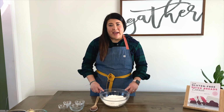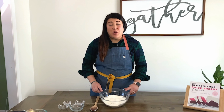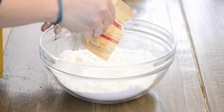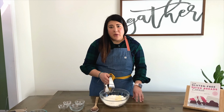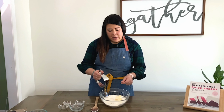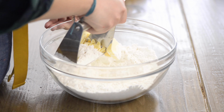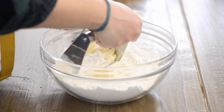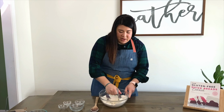To this, we're going to add 1/4 cup or 4 tablespoons of unsalted butter that's cold and has already been cubed. We're going to use a pastry cutter or a fork or even your hands to cut the butter into the flour until it's nice and small. You want fairly small pieces of butter for this, and the butter should be smaller than if you were using